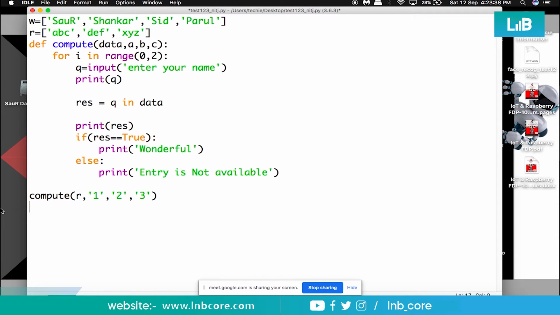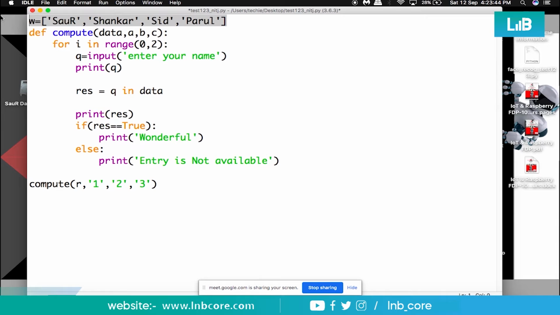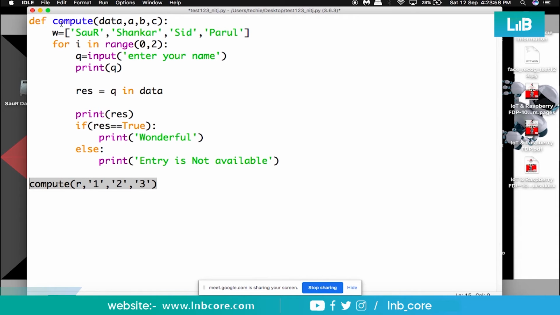So whatever I have written here, let me try to include this inside the function itself. And the calling of the function that you are doing directly in the program, let me remove this now.